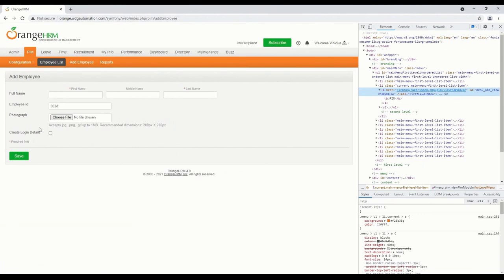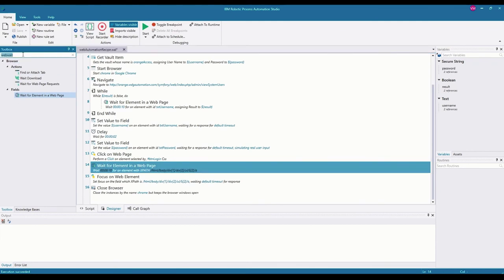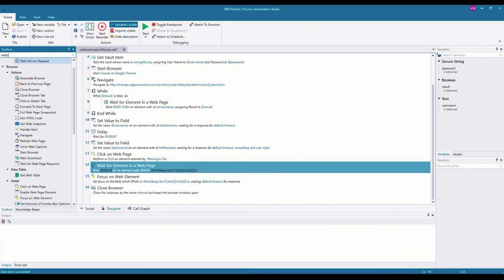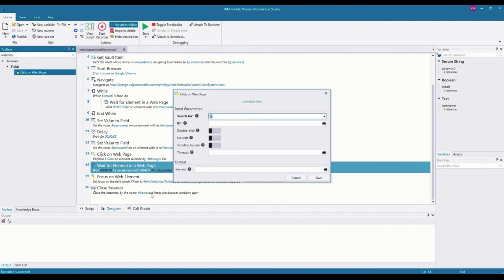And now we're going to click on the Add Employee button here that was enabled once we focused on the PIM option here. And again, business as usual, we're going to inspect this button. Okay, we already found it. This time, let's just use the ID. It's much more simple. We're going to go back here, use another web click command right after the focus on web element, and we're going to use that ID right here